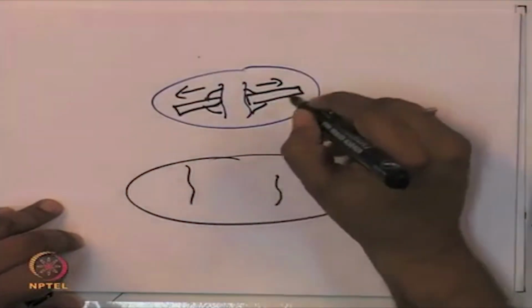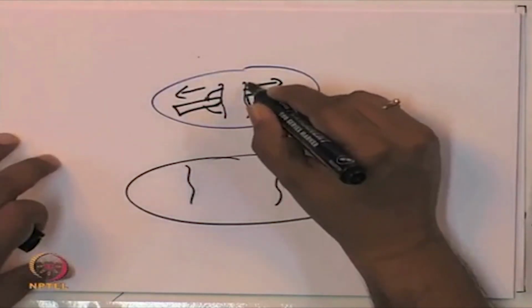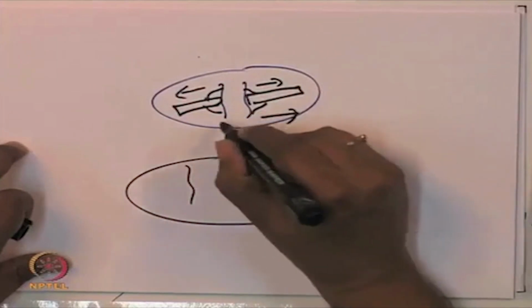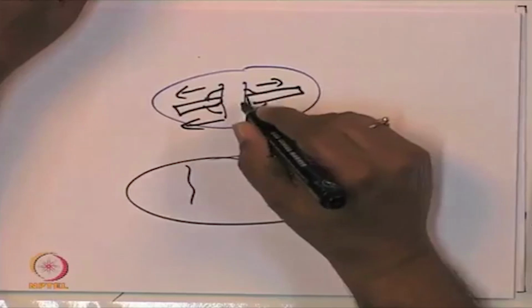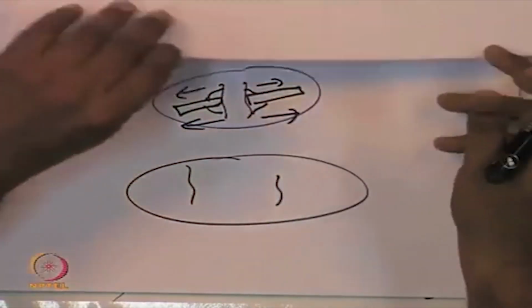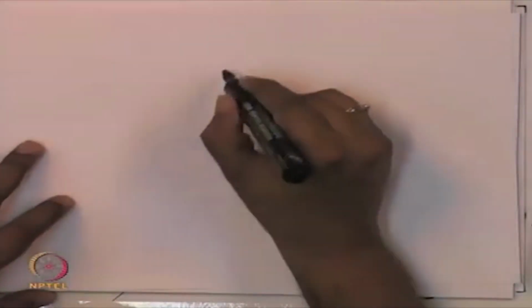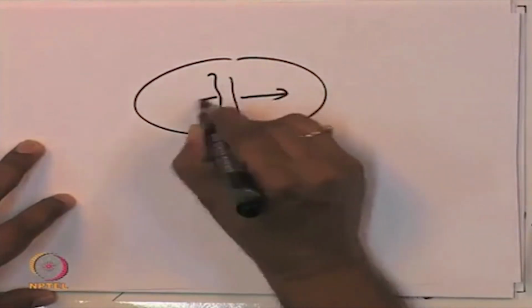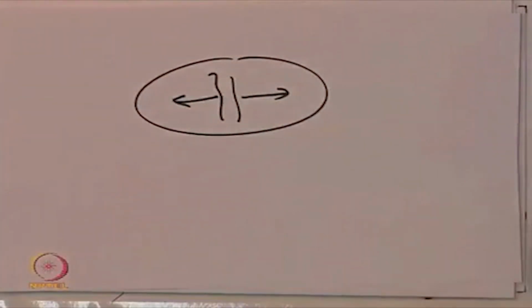Now, the microtubules and the kinetochore, this structure is called the kinetochore. They pull the chromosomes in that direction. They exert a force on the chromosomes and pull them in this direction. Essentially, what we want is chromosomes being pulled apart in that direction. So, we have these chromosomes and we want to have force in this direction. It does not matter how the force is exerted, the details do not matter, we are not worried about it,